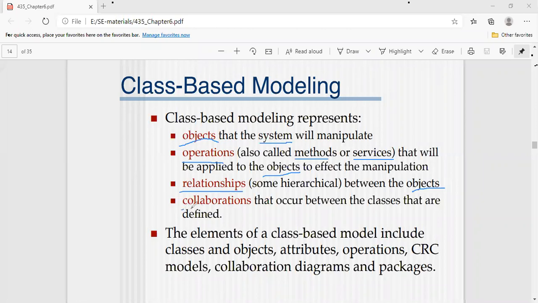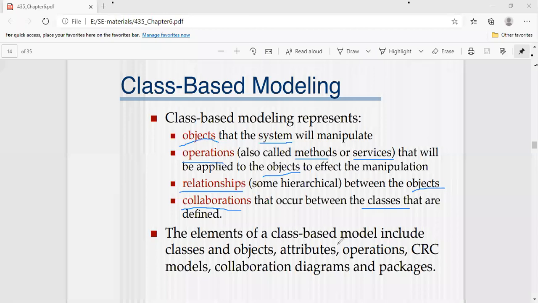The word collaboration is used between the classes. Two or more classes work collaboratively for providing a service to a customer, providing a service to a customer at runtime, isn't it? So these are the four words used in classes.